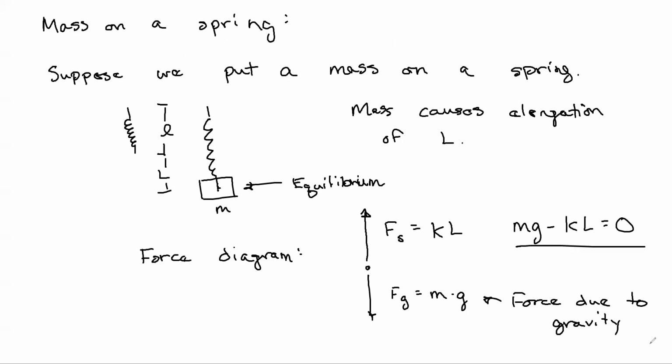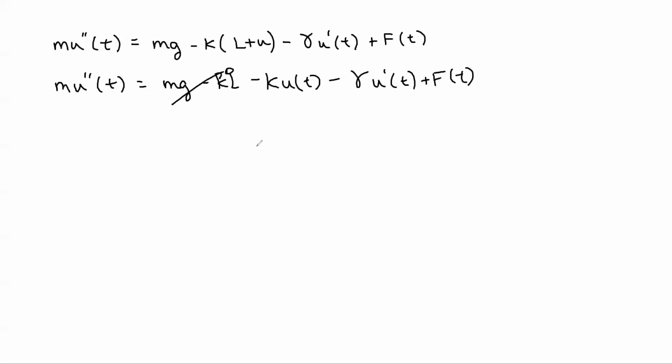Mg minus kL is equal to 0. So this is 0. And then we can take these other terms and move them over to the left-hand side, and we get mu double prime of t plus gamma u prime of t plus k u of t